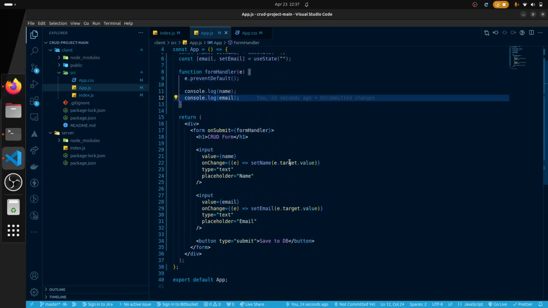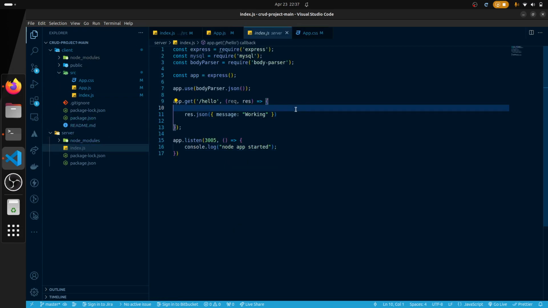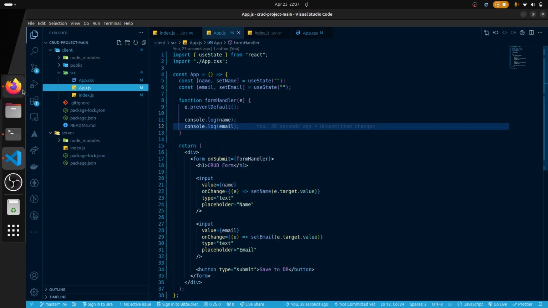In part 2 we will continue our backend node app. So we will start our MySQL database. We will connect to the MySQL database and insert those two values from the HTML